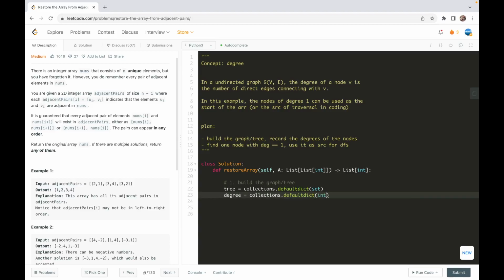So I will put a function or just an int, right? And then I'm going to traverse this A. So for u, v in A, right? So I'm going to do tree of u. So v is in the neighbor, so I'm going to add v. So similarly, tree of v, I'm going to add u. So in both cases, because there's an edge connecting u and v, we're going to do